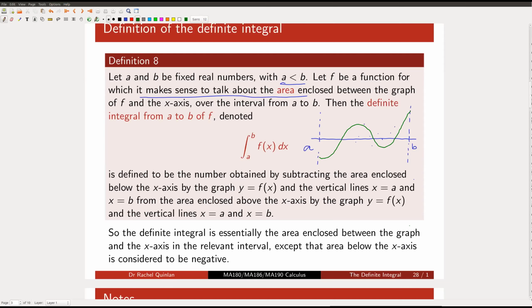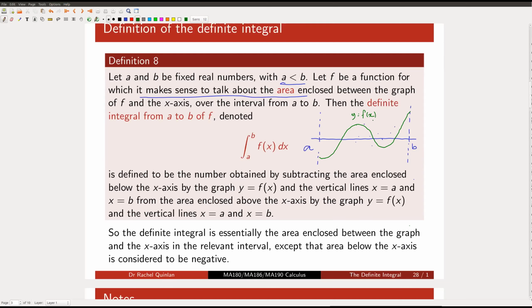It doesn't actually have to be continuous. It could have a couple of discontinuities, like it could have a couple of jumps, like those first examples that we looked at yesterday. So, even if f had a jump discontinuity somewhere, it doesn't really change the possibility of talking about the area, so that's okay. So, if that's the graph of f,